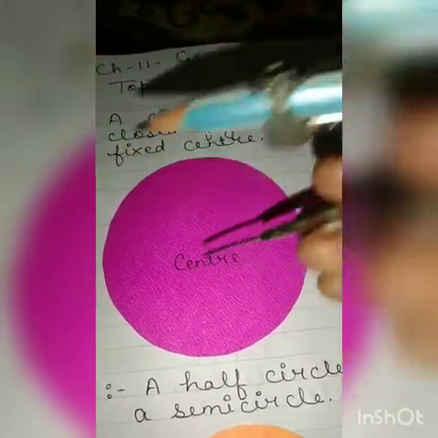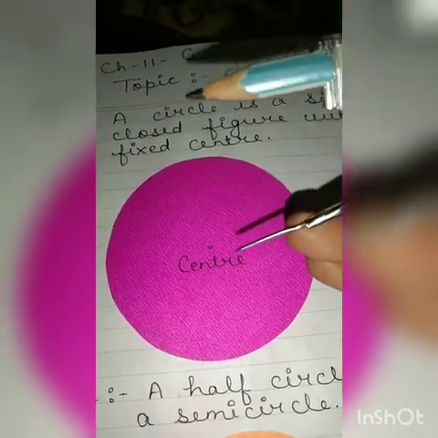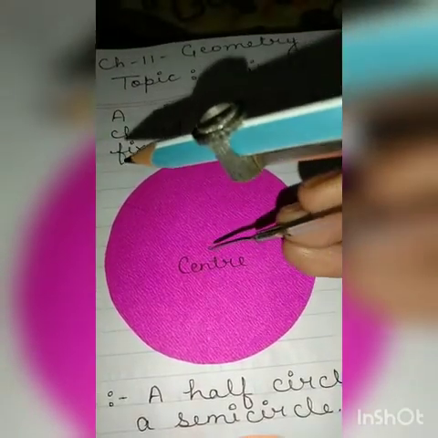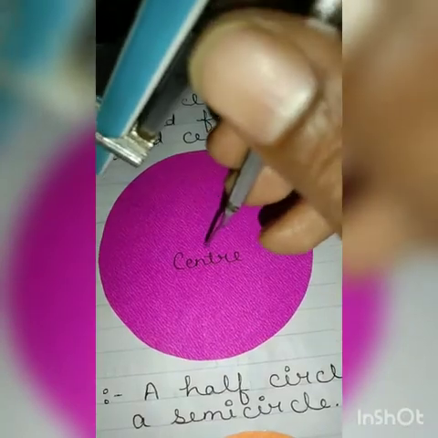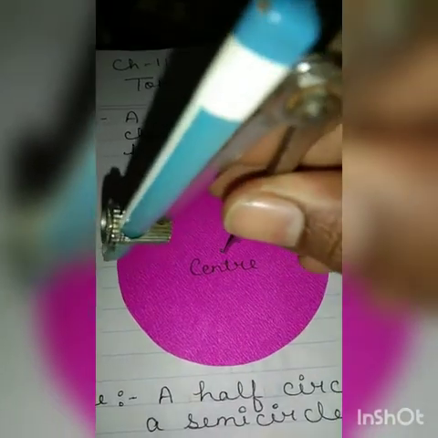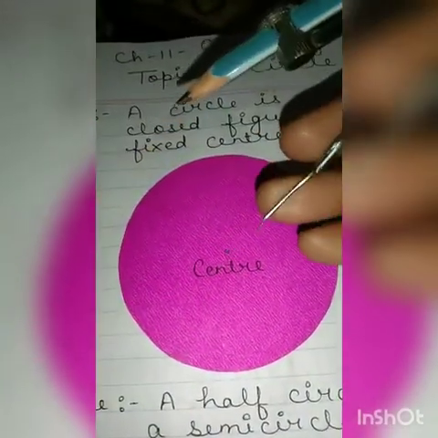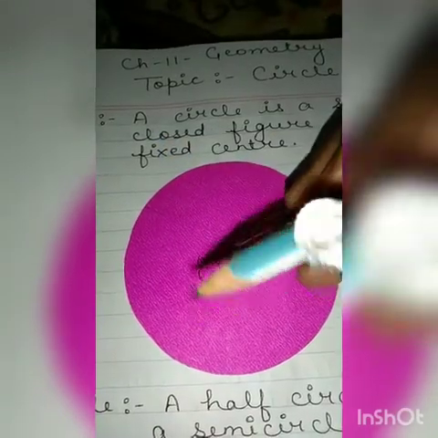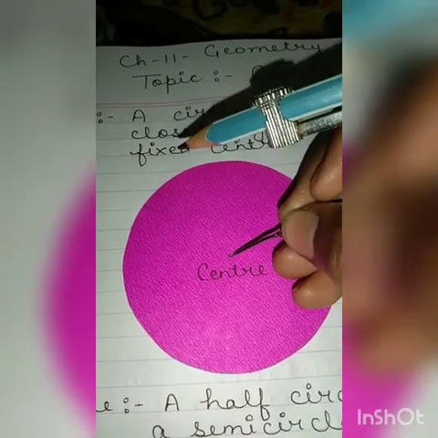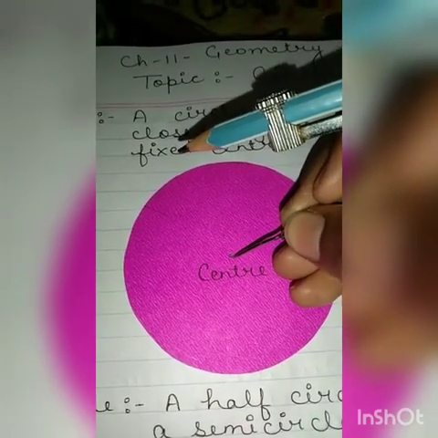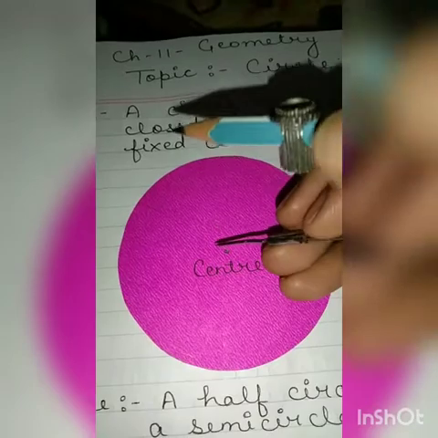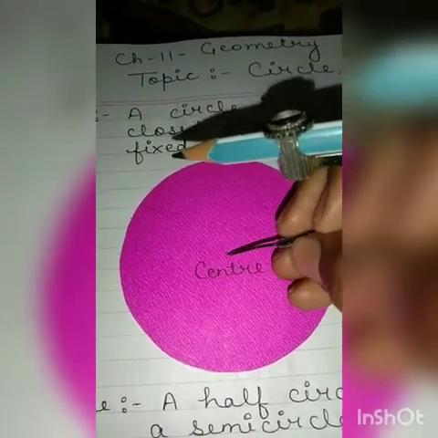What we are doing, we are keeping this needle. This is the needle. One side there is needle and one side there is pencil. With the help of this needle, we are keeping this needle in between, and we are just rounding the pencil and the circle is drawn. When you keep this needle in the center, it leaves one dot. So what is that dot? That dot is only the center of the circle. This is how you can get the center easily.